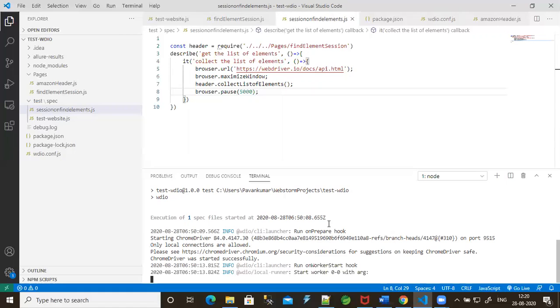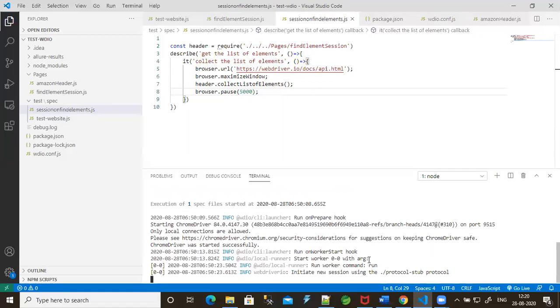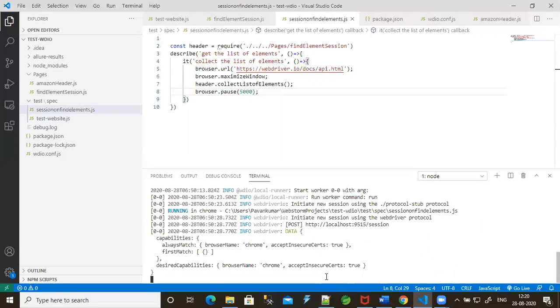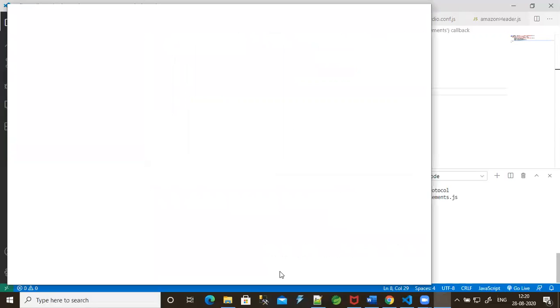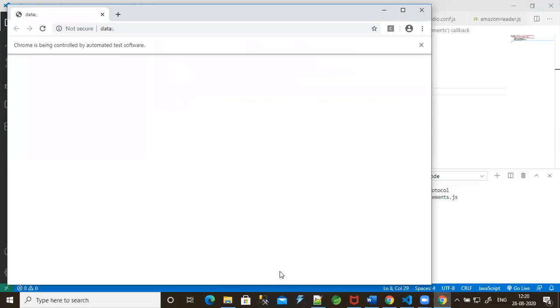The worker has started, and it initiates a new session and waits for the listener port. The listener port has started, listening on the Selenium port. As we discussed, WebDriver IO is a wrapper for Selenium, so it will start the Selenium backend and it will run WebDriver IO.